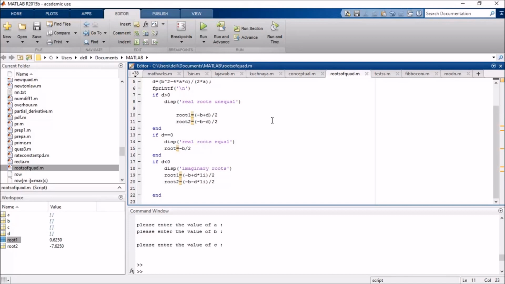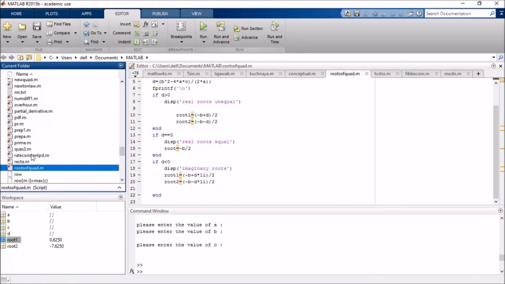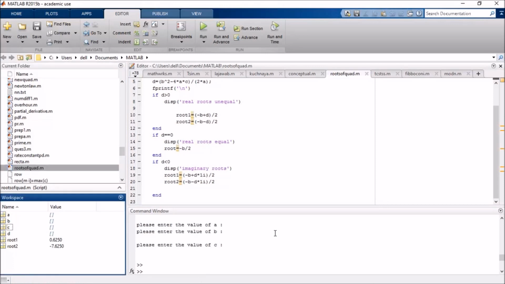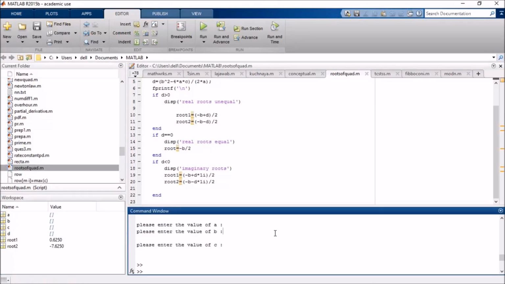MATLAB is the short form for Matrix Laboratory. If you come to the windows in MATLAB, the window on which I have the mouse is the editor window. Here this is the current folder window, this is the workspace, and this is the command window.